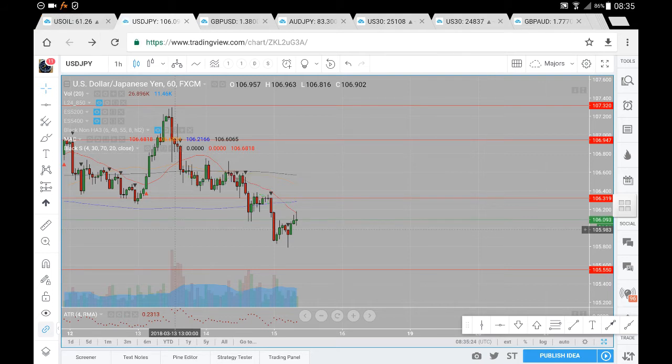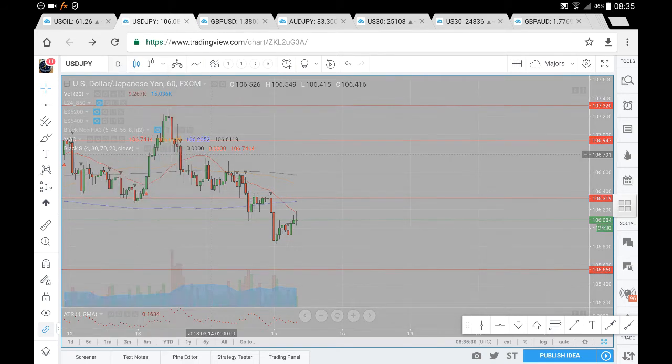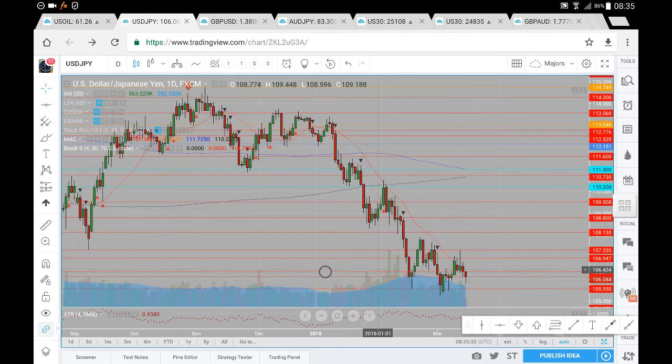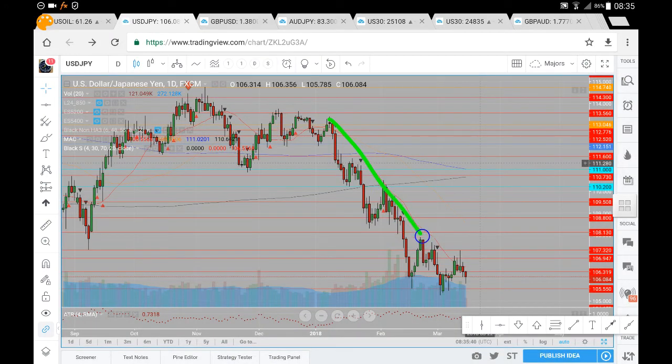And with that said, that pretty much wraps up the US dollar Japanese yen. We'll just have a look at the hourly time frame. As you can see here on the hourly chart, the trend clearly is to the downside. We continue to trade below the 20 period moving average. We've had a test of the 107.32, from which we have seen a rejection, and we do seem poised for